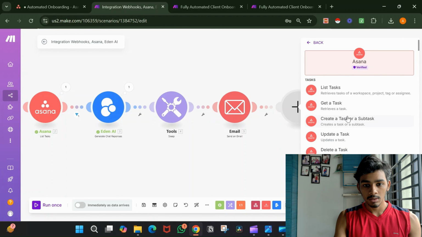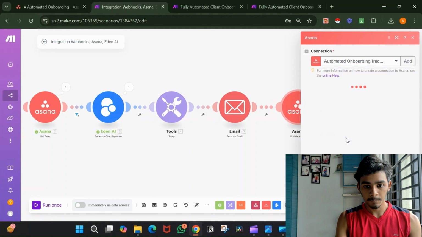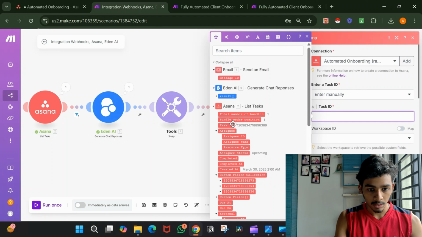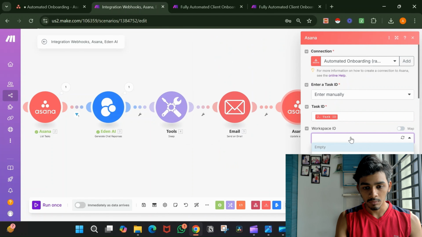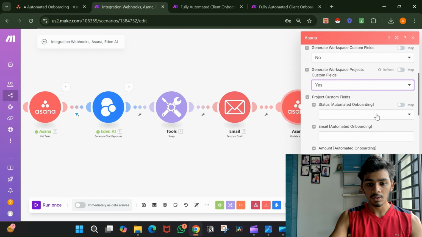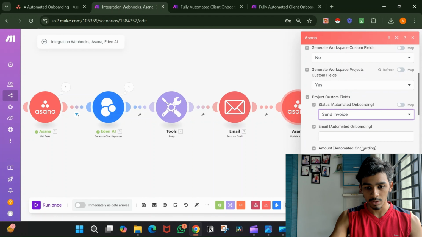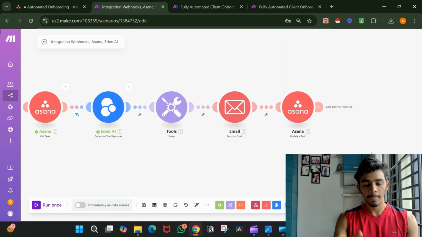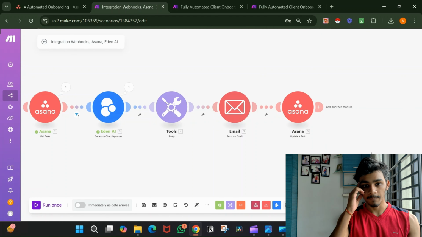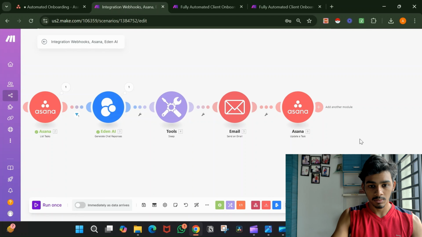So we'll go back to Asana. We'll go to update a task. The task ID will be right here under workspace. You select this and then go to generate workspace project custom fields. Turn that to yes, and then you'll see all your custom fields. Okay, so under status, I'm going to change that to send invoice, and we'll hit save. Then it is going to change the status to send invoice. Okay, so after that, what happens is,